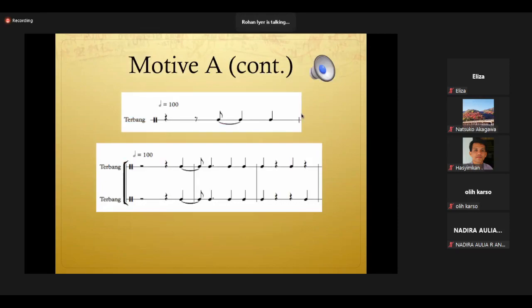There we go. So as you can hear, it's got quite a propelling motion throughout. And this motif is often introduced with a short syncopated passage, such as the one in the first image up here. And this is a variation in the second image.